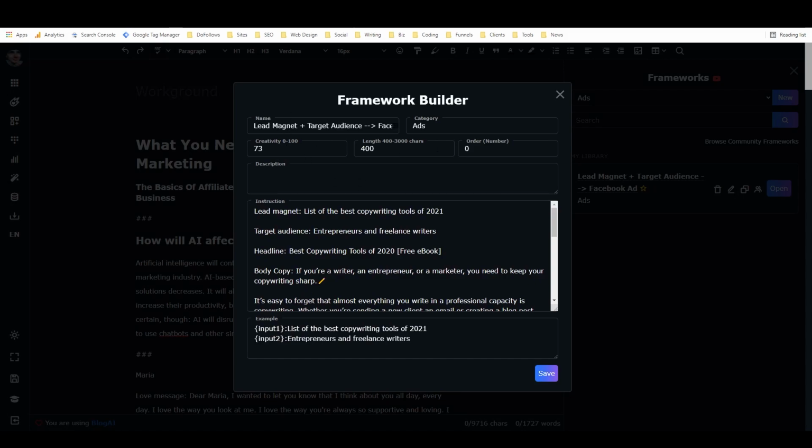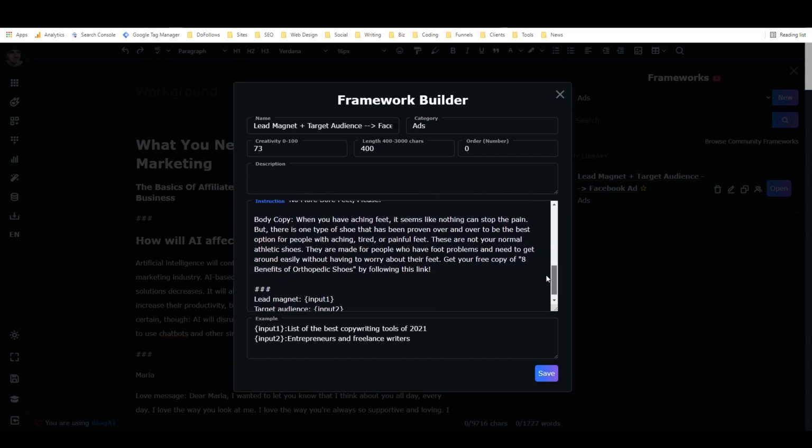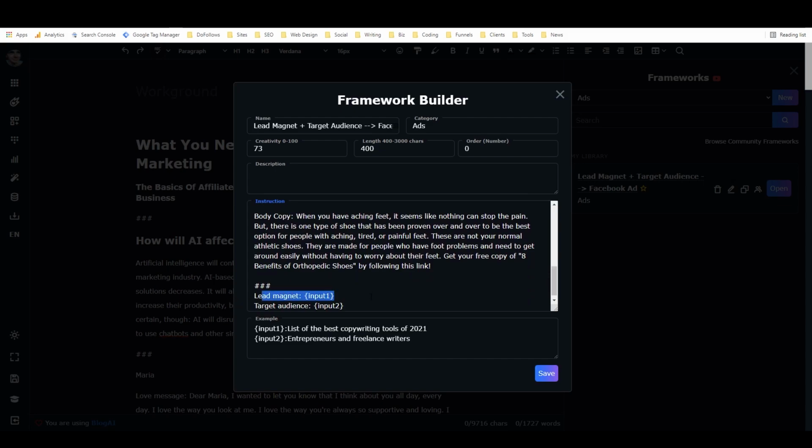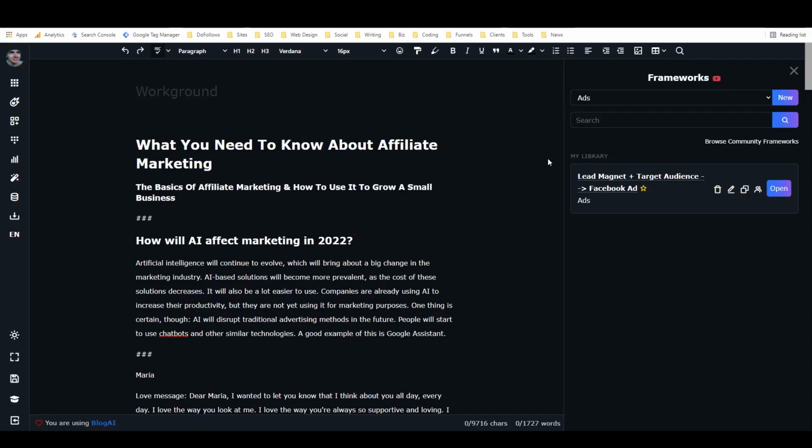This is where you can edit all the details about it. And then this is the actual copy that gets used. And so you can see I just have literally examples of how I want the outputs to look, followed by a little bit of code here to tell the AI what to do. And if you want to get into that a little bit more, if you want to learn how to